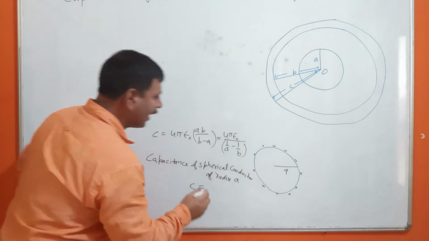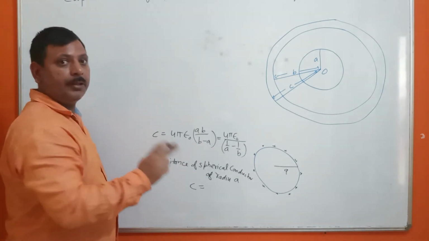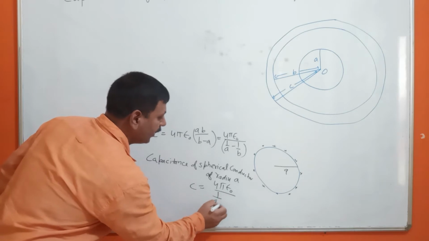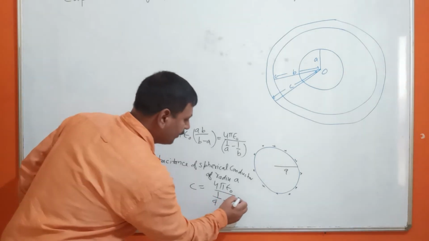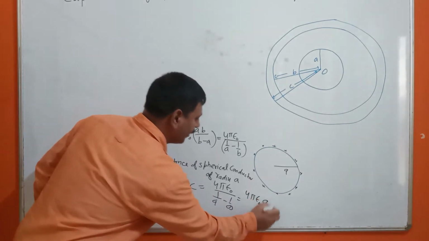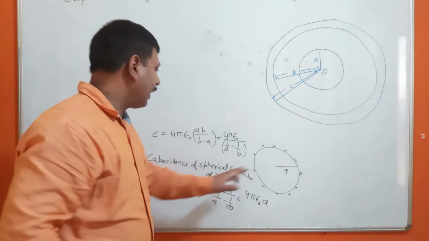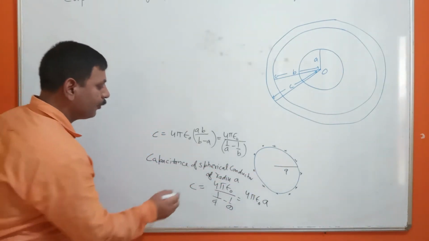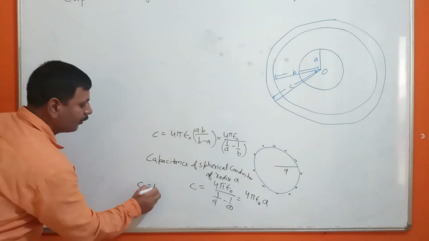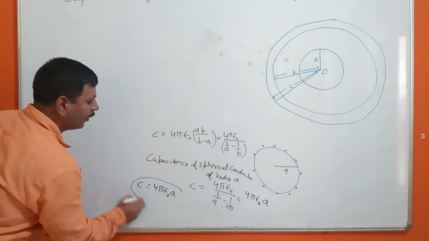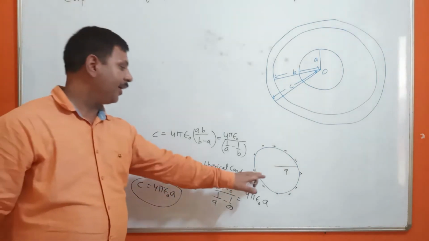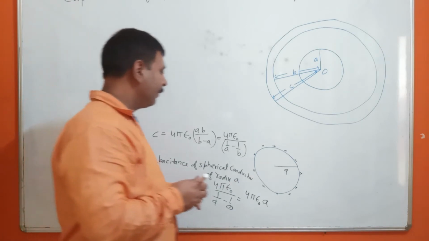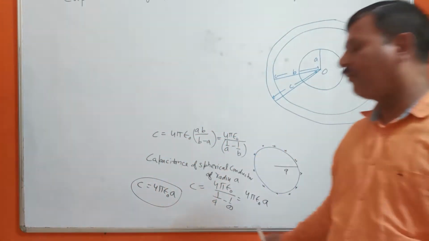If we assume B is at infinity, so here we put B equal to infinity, then what happens? 4 pi epsilon naught times (1 upon A minus 1 upon infinity) becomes 4 pi epsilon naught A. So what will be the capacitance of a spherical capacitor whose radius is A? We can give the formula C is equal to 4 pi epsilon naught A. So this will also behave like a spherical capacitor whose outer surface is at infinity. By this method we can find